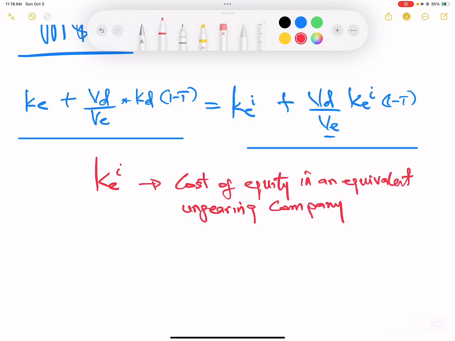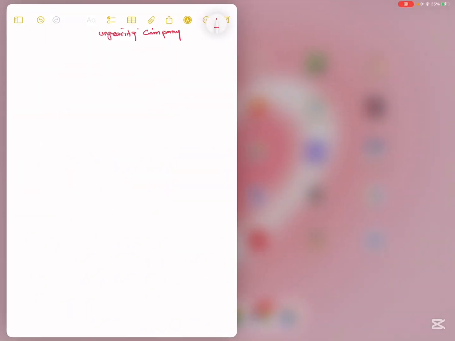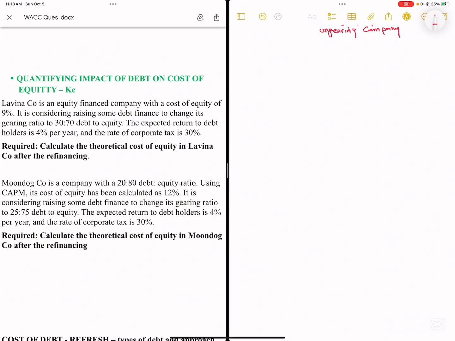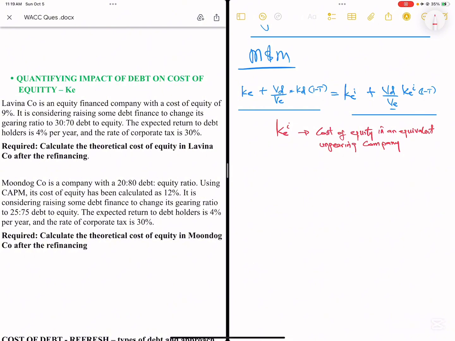And I think the best way to explain is to just try and solve a question. So let me solve a couple of questions. Now let's look at Lavina Co. Like I always say, pause, look at the question before you follow the solution. It's an equity finance company, which means 100% equity finance. There's no debt. So what they have told us is that the 9% that you're looking at is your KEI,